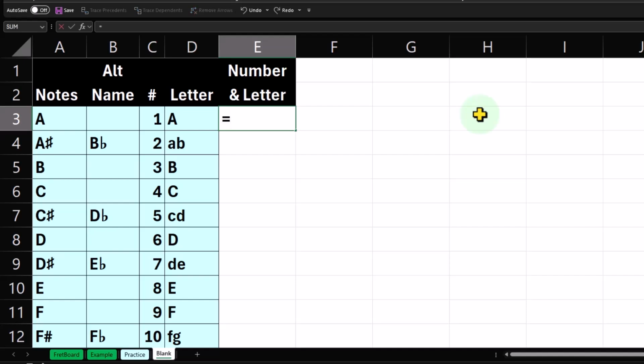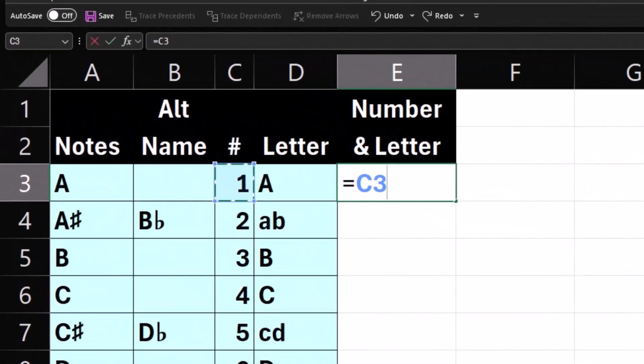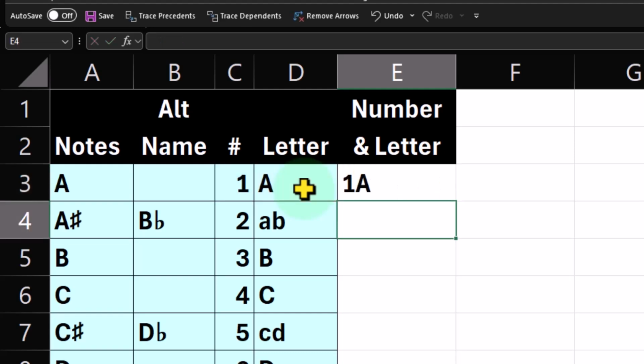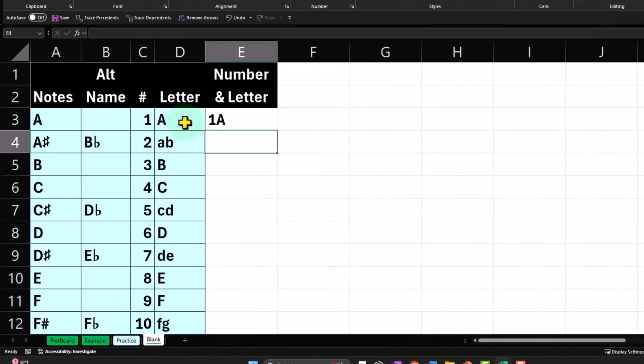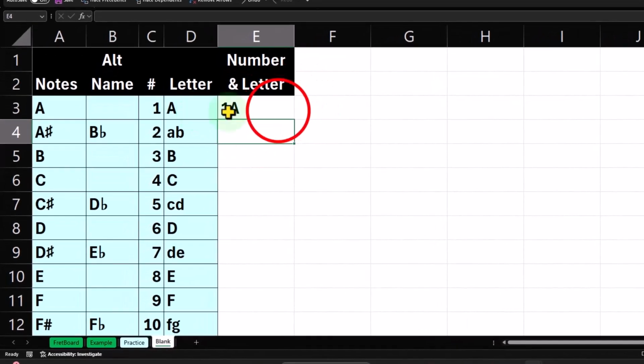I can just say this equals that A, but I want it to be not adding anything but a text formula. The way you do text is I say and. I think of the and sign as a not because I'm tying two things together. And because I'm not typing text, I don't need any quotes. I could just say and that, what's in that cell, and boom. So that gives us a 1A. So I'm going to call that note 1 is what I think of it as,